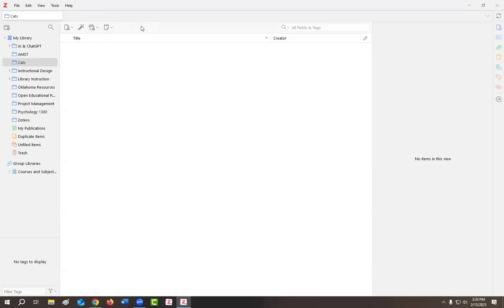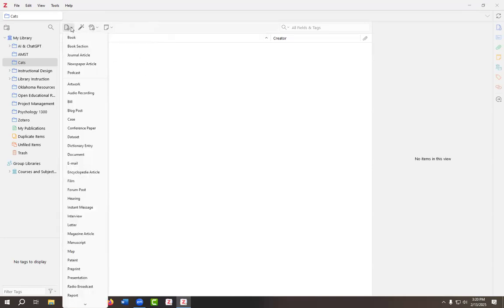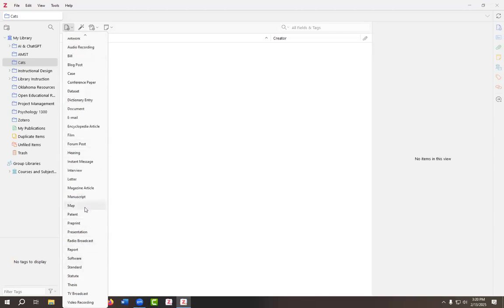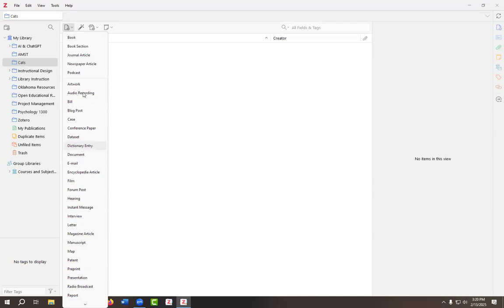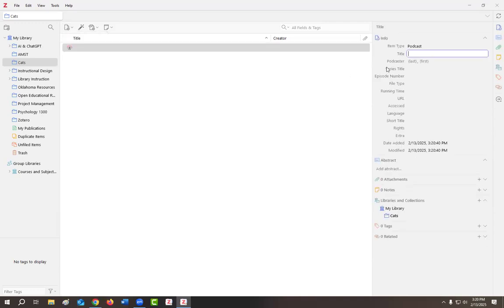What's nice is that most of these items can be imported really easily. But if I really want to add an item manually, I can do that. So for example, I'm going to click on new item and we have all these different options, right? Books, journal articles, and so on. Lots of different kinds of content, kind of obscure content. Maybe I want to add a podcast, just as an example here. Maybe it's my own podcast, and so maybe I can't import it from somewhere else, but I want to put in the information about it,